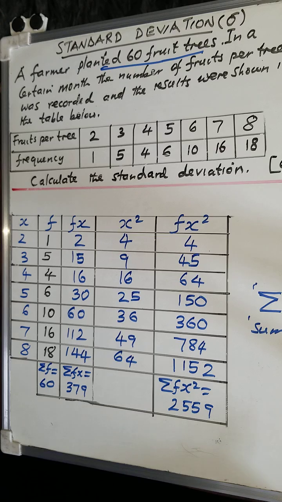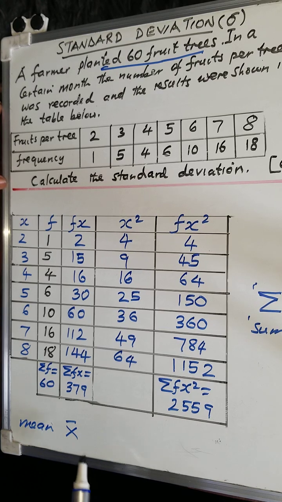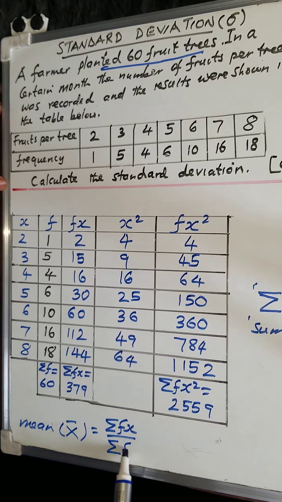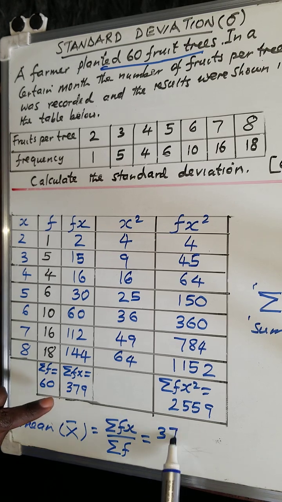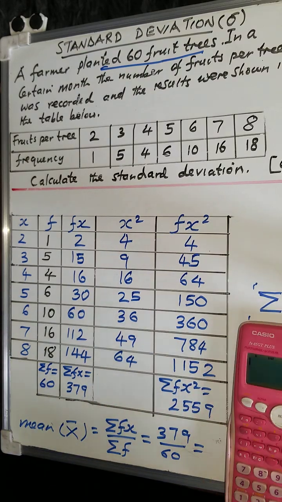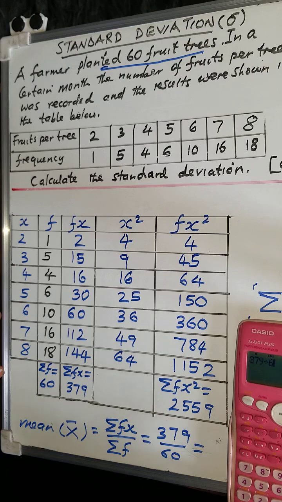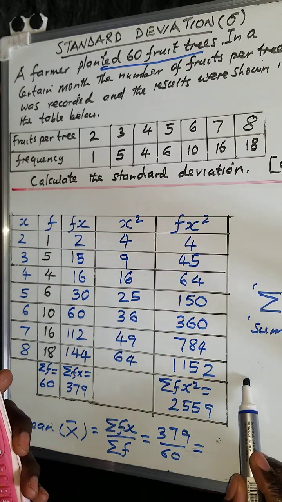Once you do that, the next thing that you need to do is simply to find the mean. So remember the mean, that's the first thing. The mean is simply the sum of fx divided by the summation of the frequency. So what is the sum of fx? We found 379, divided by the frequency, which is 60. If you divide 379 by 60, it gives me a value that looks like this,